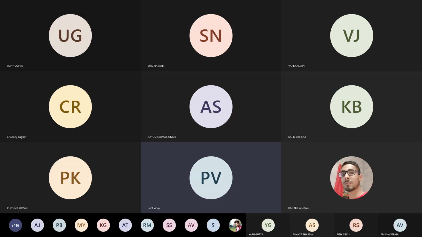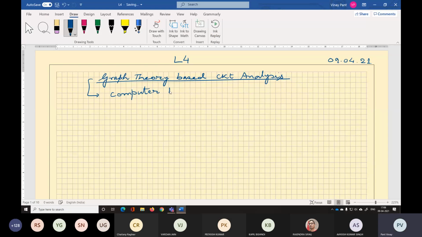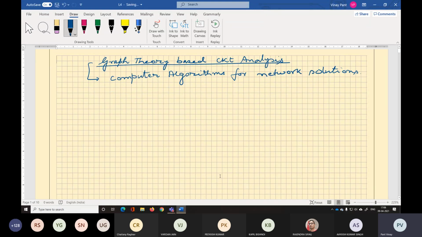Computer-based algorithms for solving networks. Computer algorithms for network solution. Very simple topic, very interesting topic. We start with,